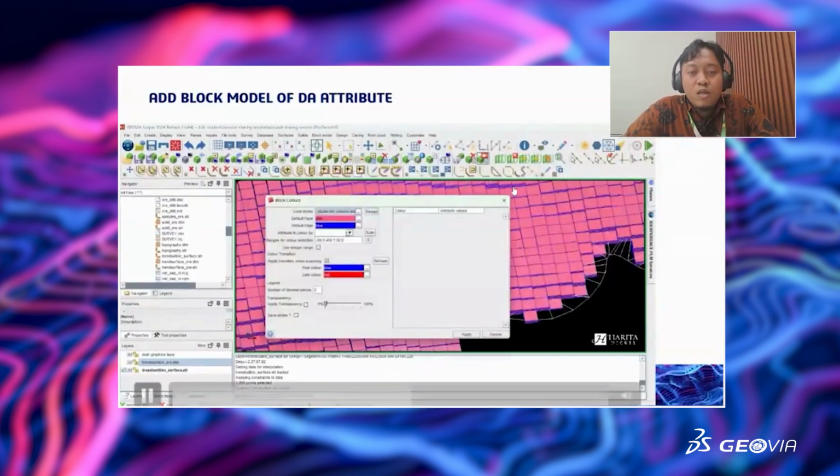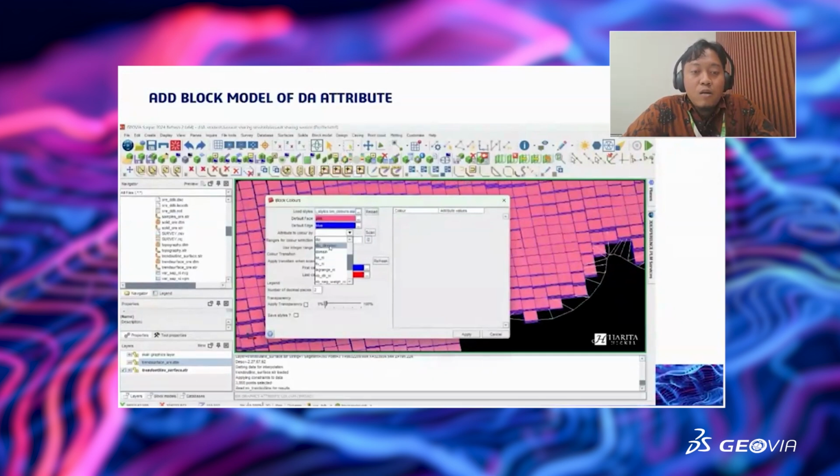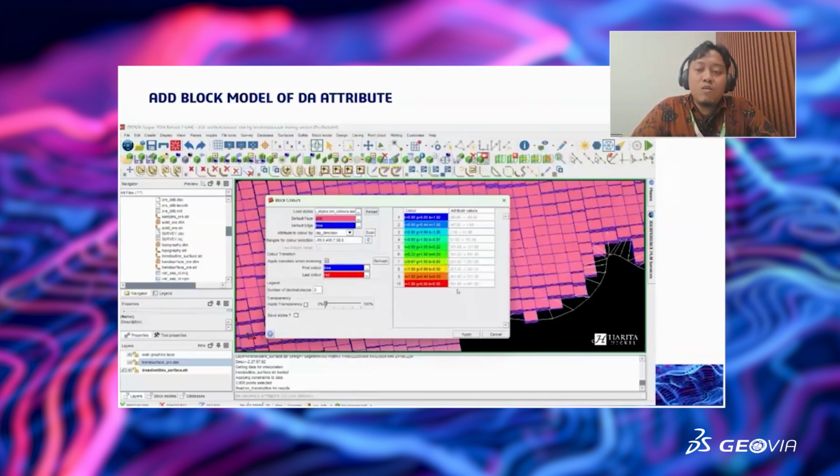After that I will show you the block color. When we put the dip here, it goes from 0 to 90, to 45 I think, at the biggest, and the dip direction is from 0 to 360.